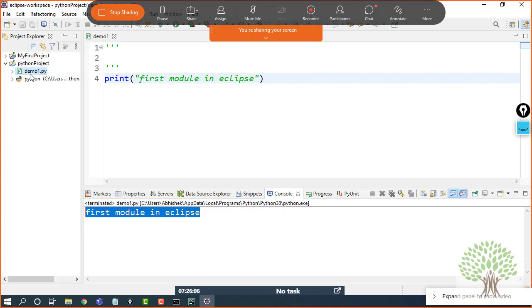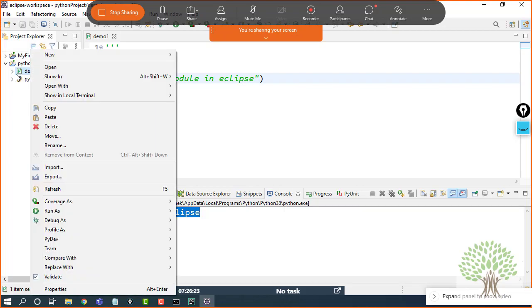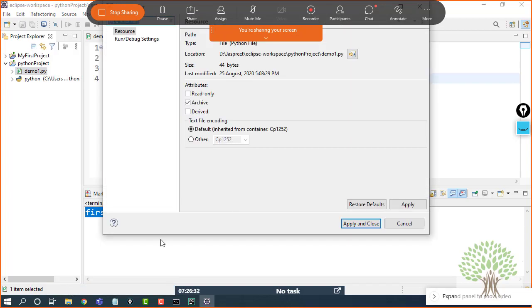Then there is the information that, as you are saying, you have a number of workspaces, the same way we create a number of projects. And at some time we get confused about what the physical location of that particular module is. So you should also be able to know how to get to a physical location. In Eclipse it's easy, just click on the module name whichever you want to look for, go to the properties and this will give you the physical path of the module in your system. So you can just go to this option and it will take you directly to that location.